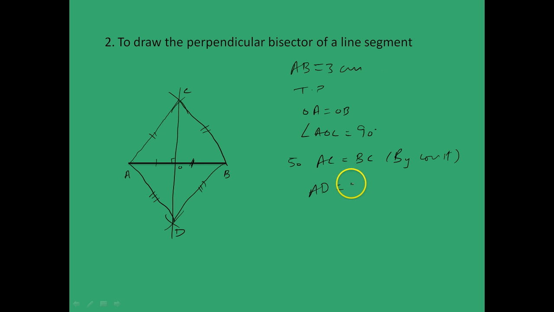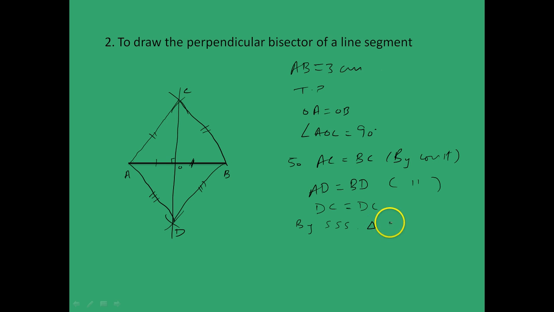AD is equal to BD. In fact, they are equal to AC and BC also, but we won't need to use this fact, so we'll just indicate by different signs. So anyways, AB is equal to BD and DC is equal to DC. We're just saying this is a common line. And so therefore, by SSS, we have